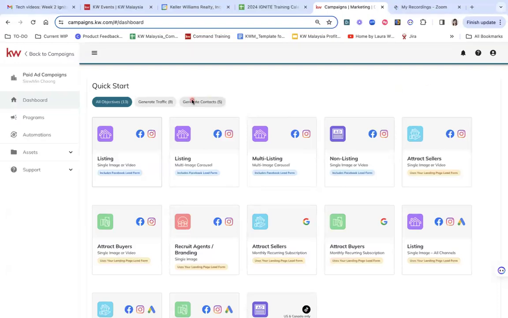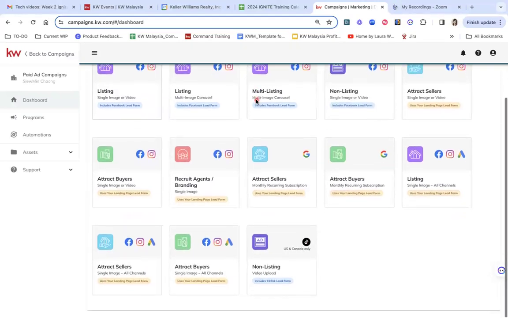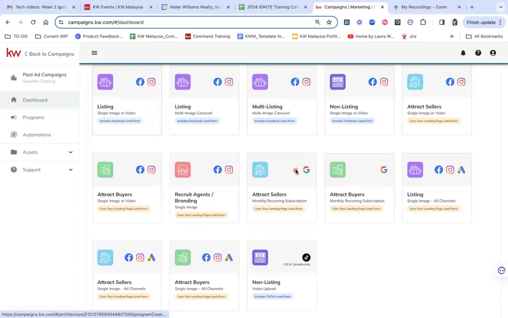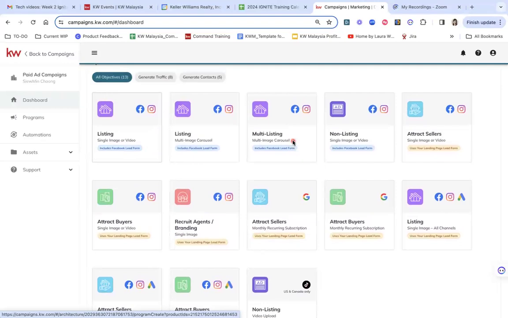All right, looks like we are here. So this is where you see your paid ads campaign. You can see that there is 13 options all together. So just in case it looks confusing, you just have to know that there's a few differences in this. So first thing first, you can see that there's this blue color banner here that says include Facebook lead gen form,